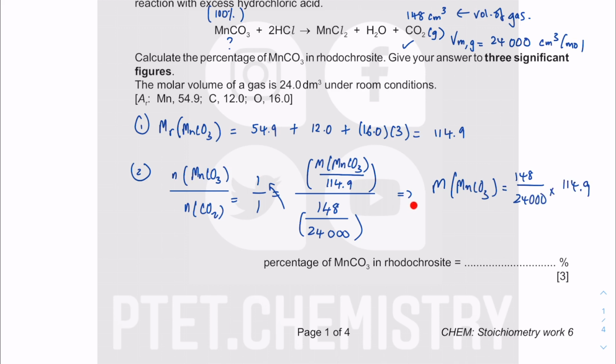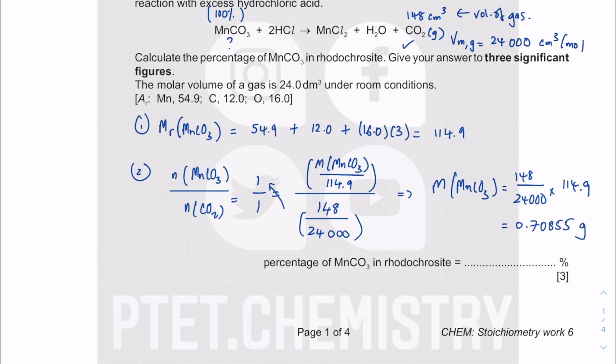What I will not do is write down equal because it's no longer equal. The equal is now here. It's just saying that the next step is this. So do not use equal randomly because they have different meaning. 148 divided by 24,000 multiplied by 114.9. That gave me